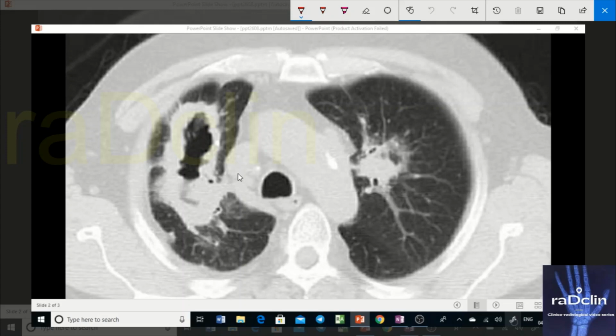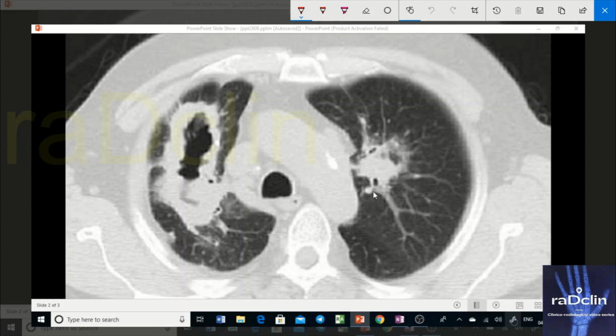Just look at this image, and the first thing that you see in this particular image, it's important to describe the findings, then come down to certain DDs, and then come down to diagnosis rather than jumping to the diagnosis. That is the right approach. Follow the sequence of things.